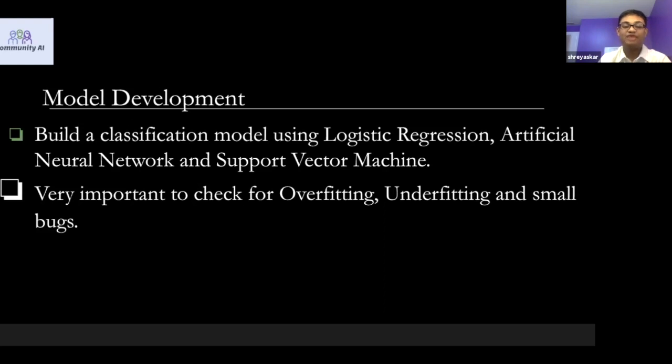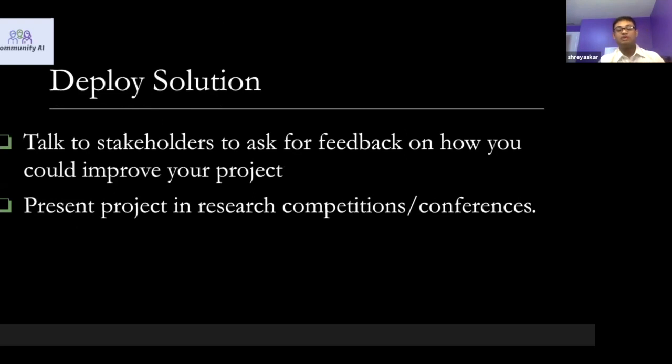And in this step of model development, as Dr. Willard mentioned, this is a very iterative process. To that end, it's very important to check for overfitting, underfitting, and just small bugs in general, which might interfere with your model. So now we are done with model development, and let's move on to our last step,